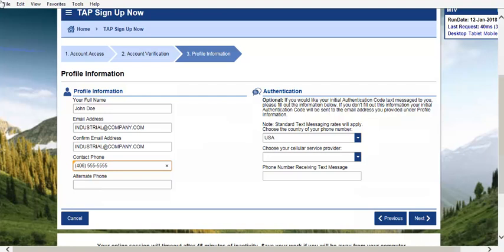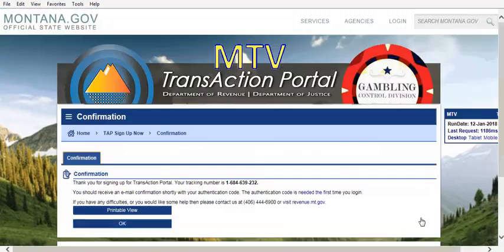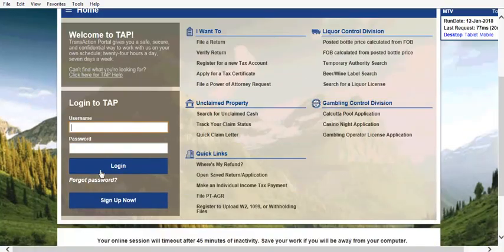Note, you will receive an authentication code via email or text message if chosen, which you will use to verify your account when you log in for the first time. Click on the Next button. Next, hit the OK button. Once you have created your TAP account, return to the TAP homepage at